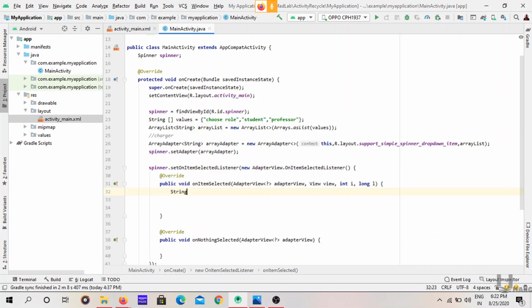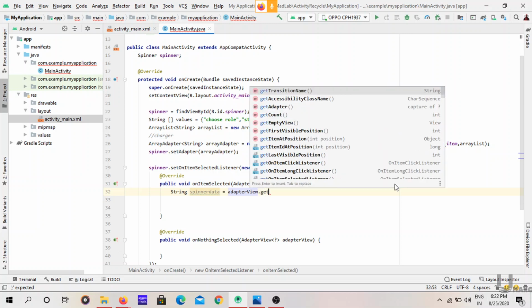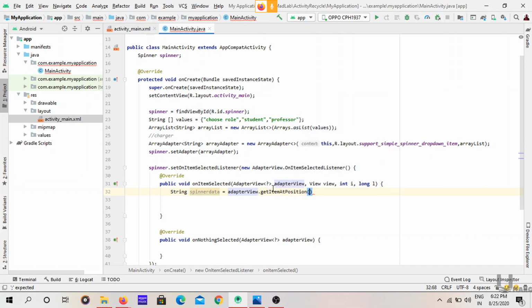Declare a string spinnerData equal to adapterView. So I first get the reference from the adapter view, dot getItemAtPosition. I want the item at the position in the adapter view. So I take the reference from the adapter view and get the item at that position.